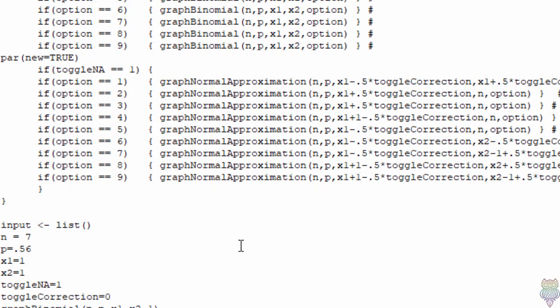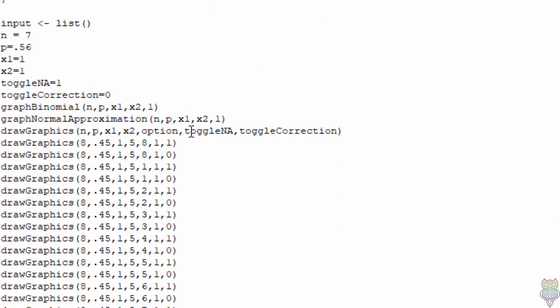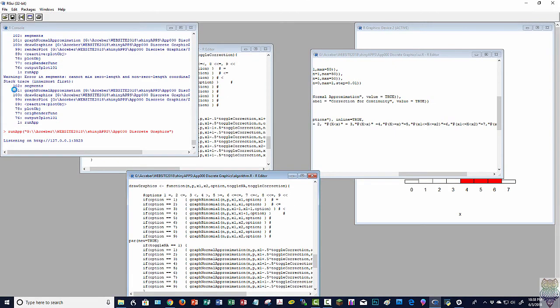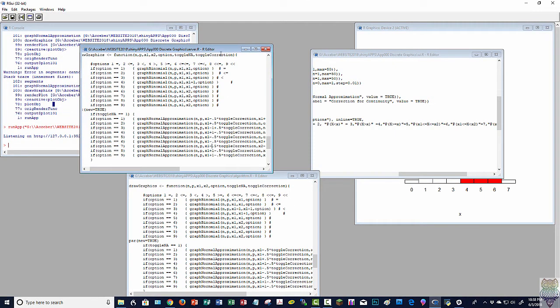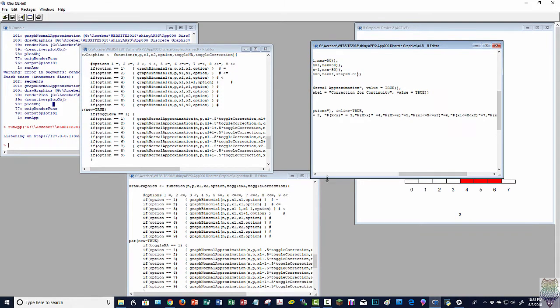So I made sure all my functional code worked, went through them one at a time to make sure that they were working properly. Then I had a template of the user interface and the server code. So in my user interface,